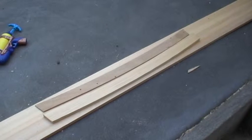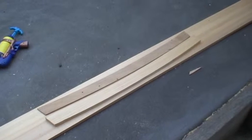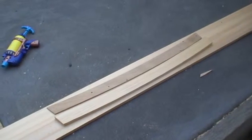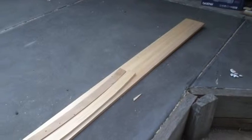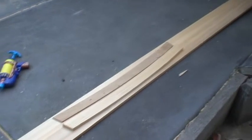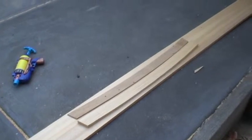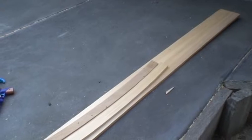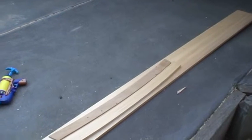Of making our Firebug sailing dinghy. Today we're going to do some work on using templates to cut out some of our parts. You can see we've got quite a large board down here of Malaysian kari, which is a very good wood for boat building, and we're using this wood in the Firebug for the parts